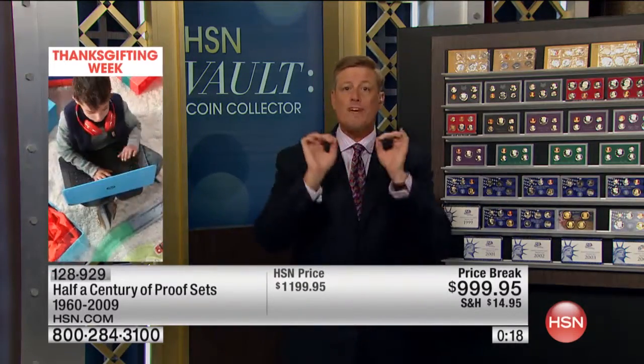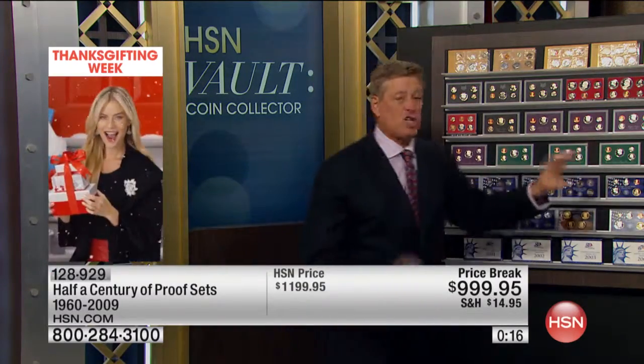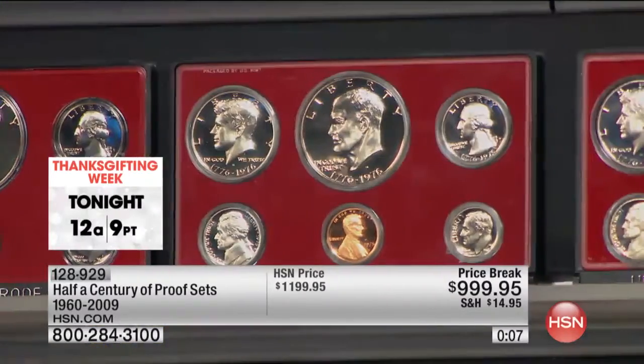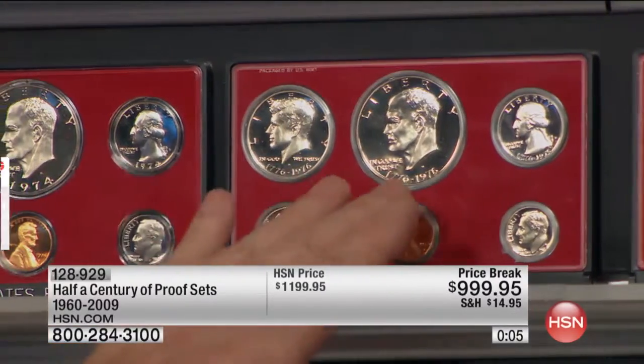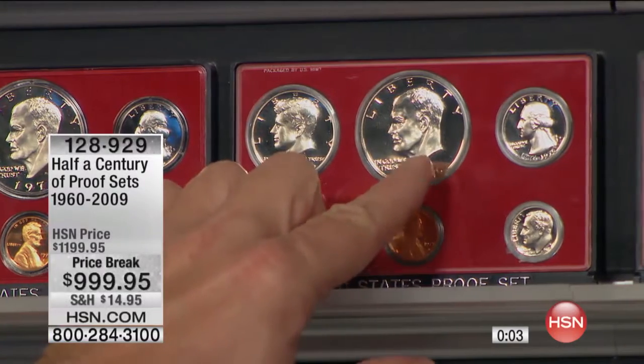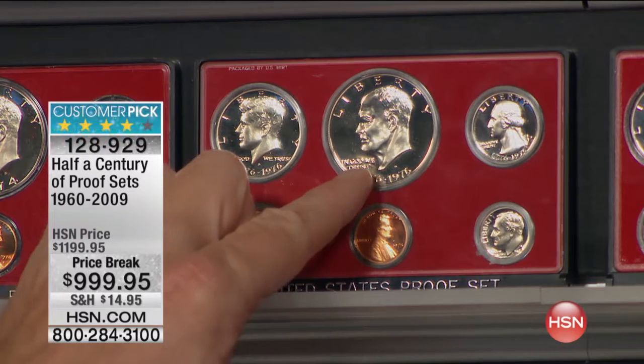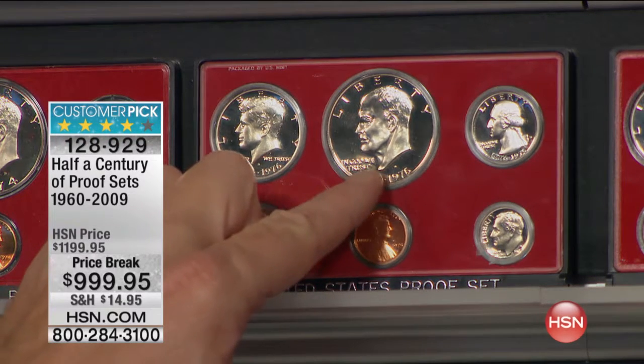First of all, proof is not a condition. These aren't just really nice coins. Proof is a method of manufacturing. These coins are made differently. The only way to get these coins is in these sets. So if you're looking for a bicentennial Eisenhower dollar, this is the only way to get it, in one of these original sets done by the United States. That's why this coin is